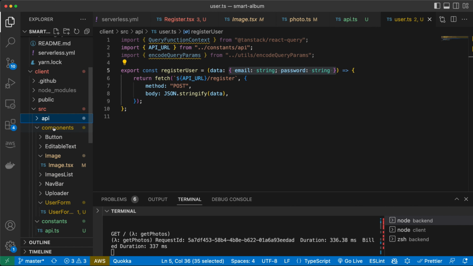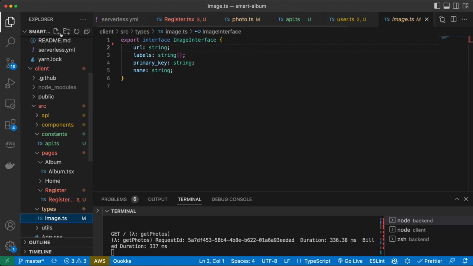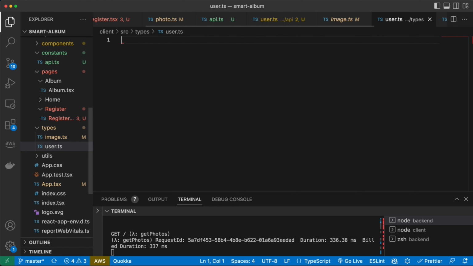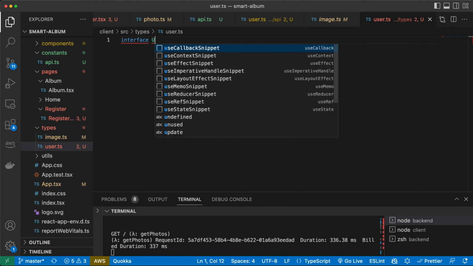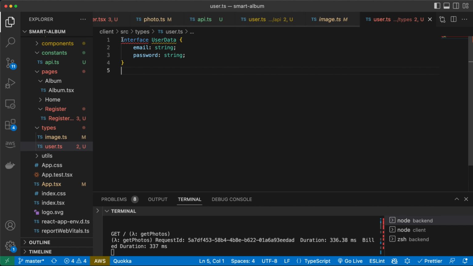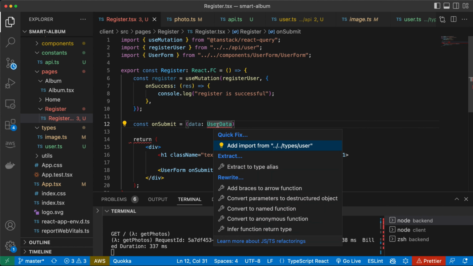We have our types here, so let's create another file, user types, and let's create interface user data, and copy it here and export it. We're gonna just import it here,